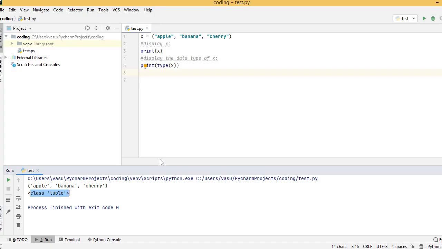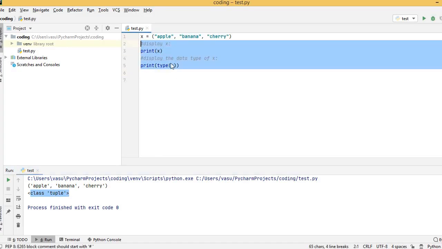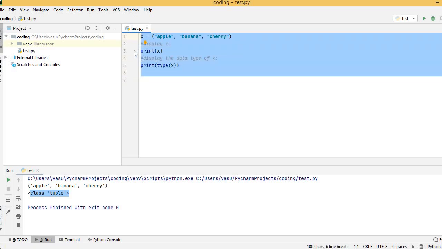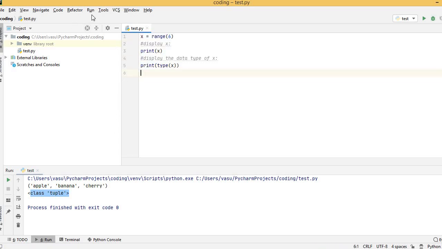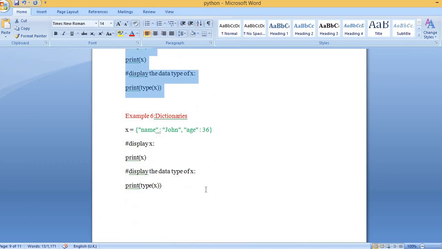So let me do this. The output will be range. It is from 0 to 6 because here I have given only 6. Then the type is range. That's why range is printed here. This is one of the data types.